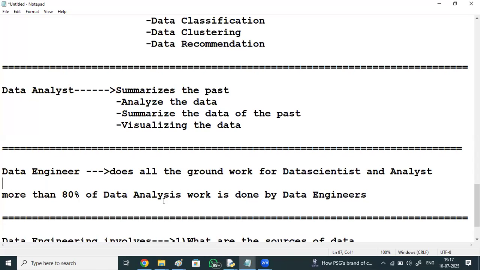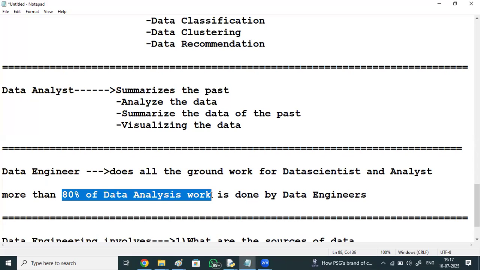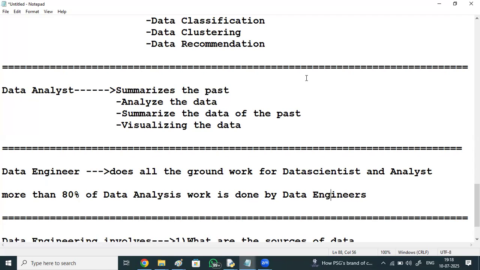Observe this, more than 80% of data analysis work is done by data engineers.